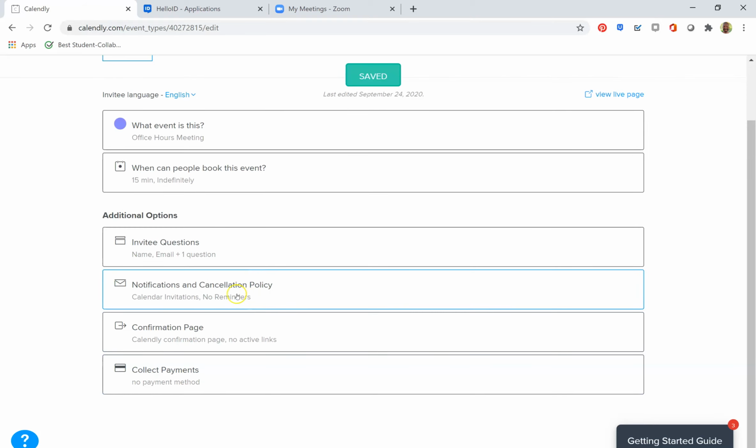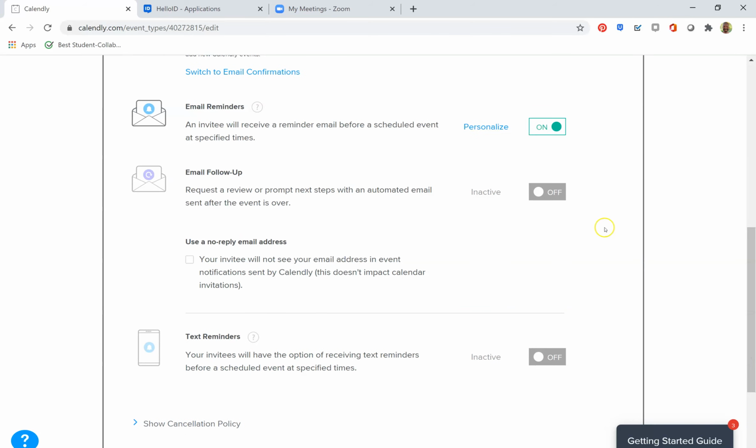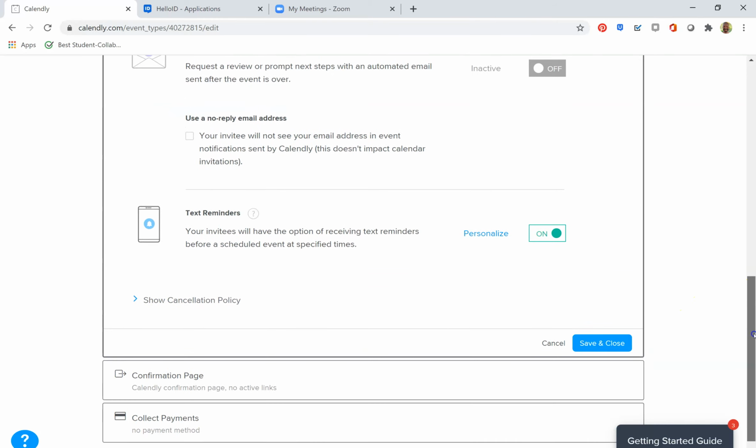And then we're going to go to notifications and cancellation policy. So calendar invitations, we want this. We want to leave this alone, generally speaking, unless you have a good reason to change it. It's going to create an automatic calendar invitation in your Outlook. An email reminder, I personally would like to have that. I would like to get reminded through email. And an email follow-up, probably not. That's like an after the meeting email that's automatically sent. And then text reminders. Me personally, I really like text reminders. And that will also make it so the invitee has the option of entering their phone number to get text reminders as well. Cancellation policy,